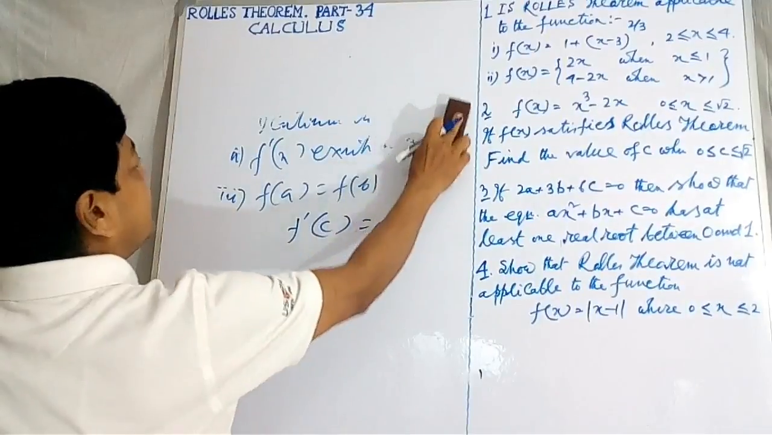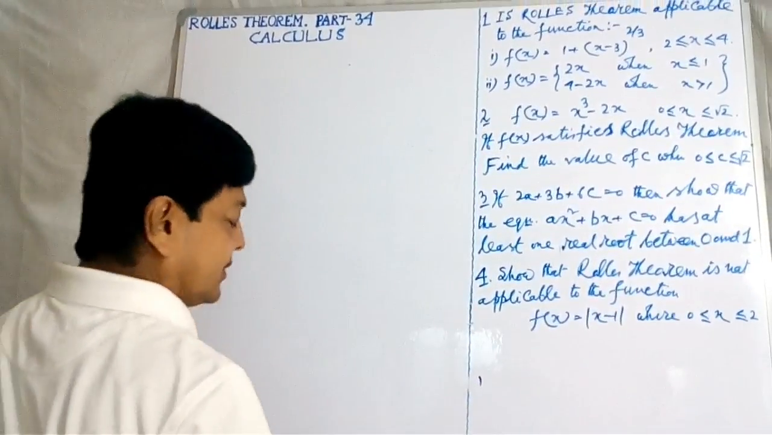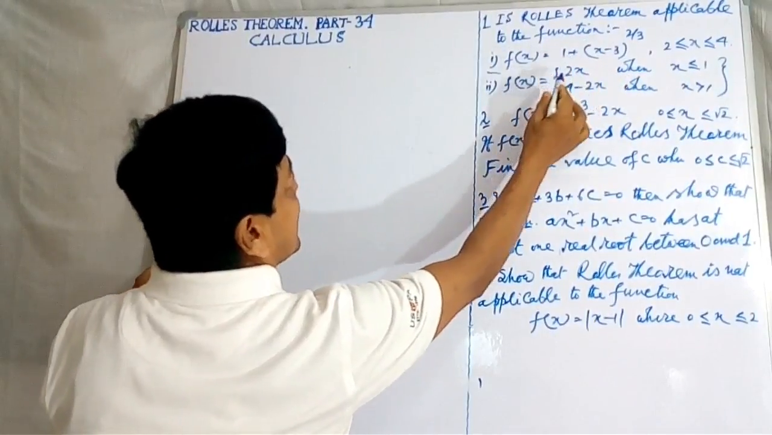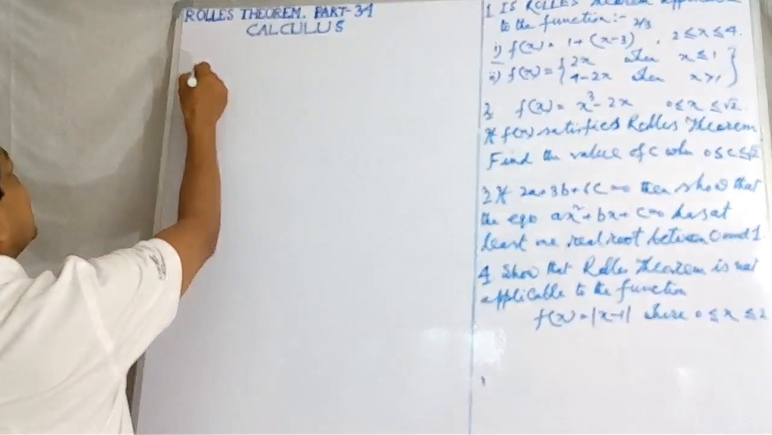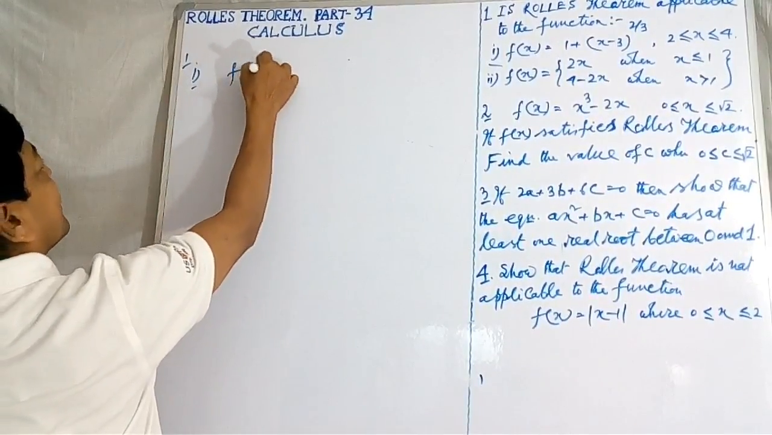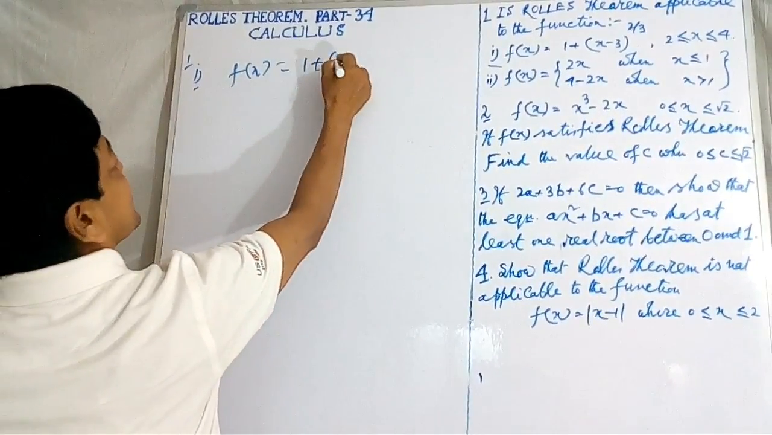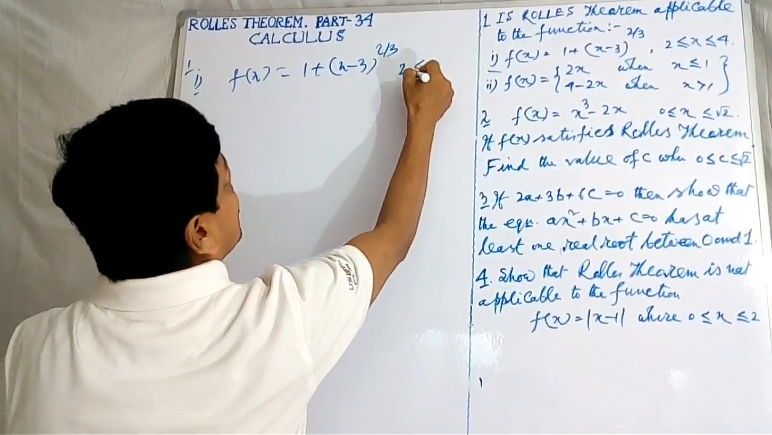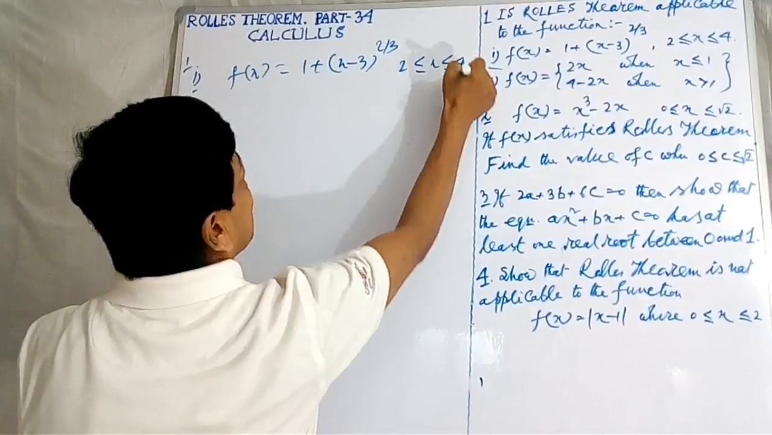So from problem 1, for f(x), whether Rolle's theorem is applicable to the function or not is to be tested. 1(i). f(x) is given as 1 plus (x minus 3) whole to the power 2/3. For x lying between 2 and 4,